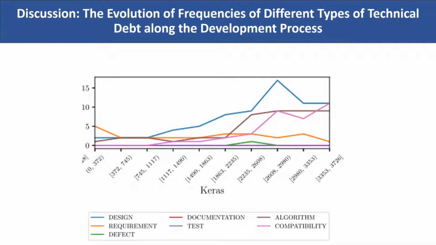It shows developers concentrate on the algorithm, and currently, compatibility debt increases step by step and becomes one of the most common debts now. This is because Keras does not handle low-level operations such as tensor products. This leads to Keras enjoying the convenience provided by the backend project at the cost of maintenance of the